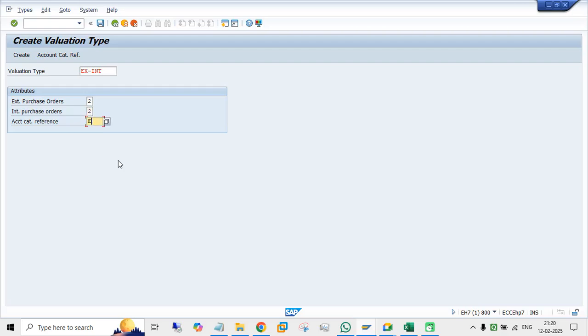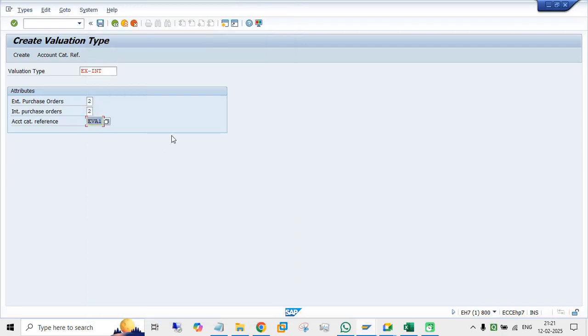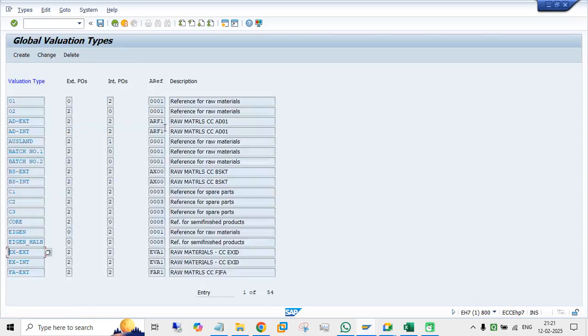So account references, here create. So it's created and save. Again you have to take external. Save and come back. Now here